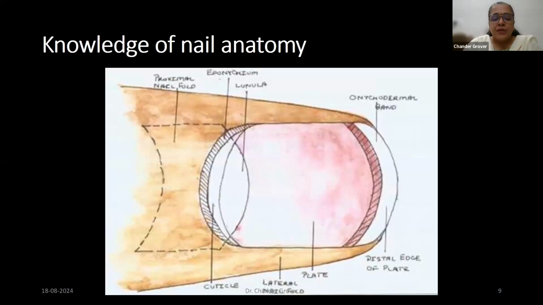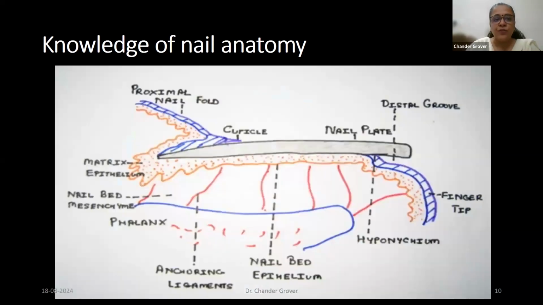Knowledge of nail anatomy is the absolute basic, and this is the most important thing which sets us apart from any other medical specialty. A surgeon will not understand the anatomy of the nail like we do, and that is why you have potentially scarring outcomes from a surgery if a general surgeon or plastic surgeon is doing it, vis-a-vis a dermatologist taking care of what is going to cause scarring and what is the part where you can be more extensive in your removal.